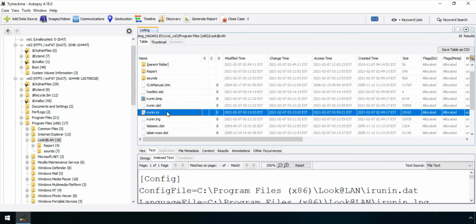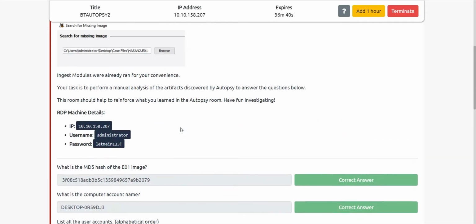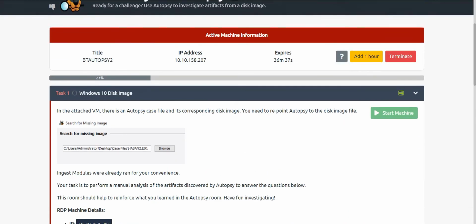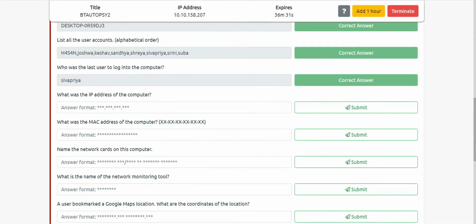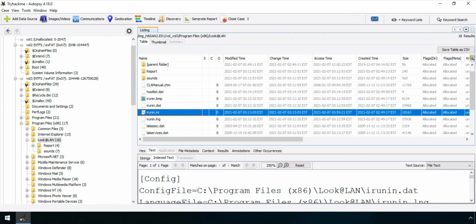This is the pattern you will find in these types of reports or Autopsy case files: you will be given a log file, and you will search through the log file and do the manual analysis. As you can see, we were asked to do manual analysis for the artifacts. So let's do that.